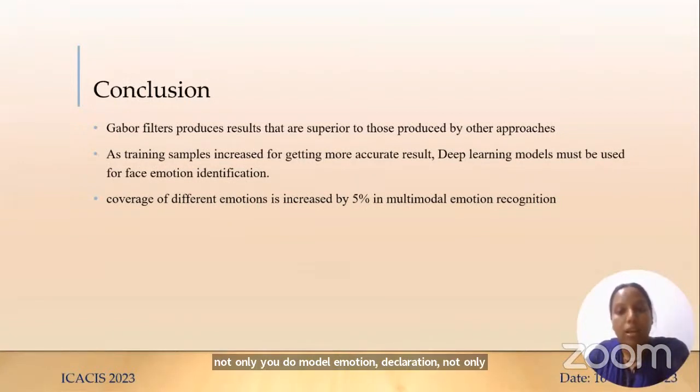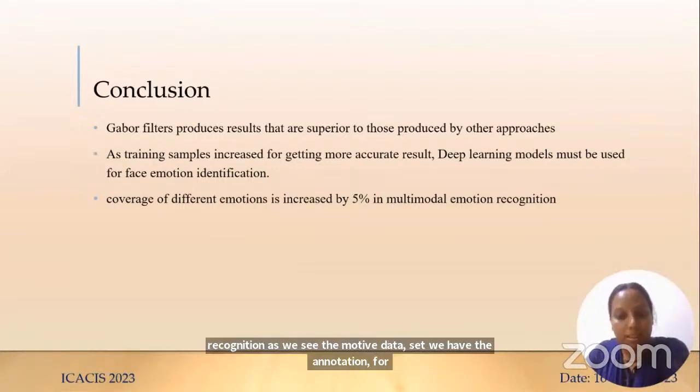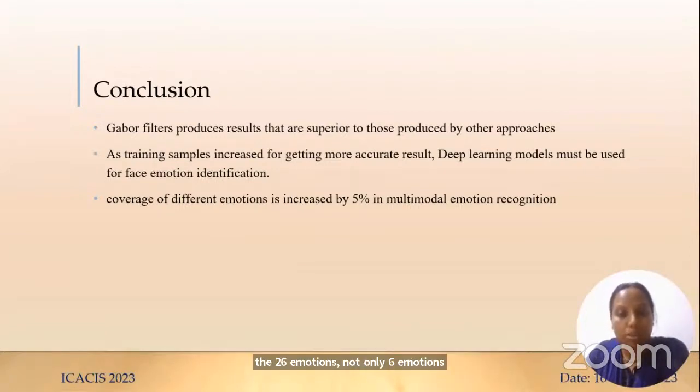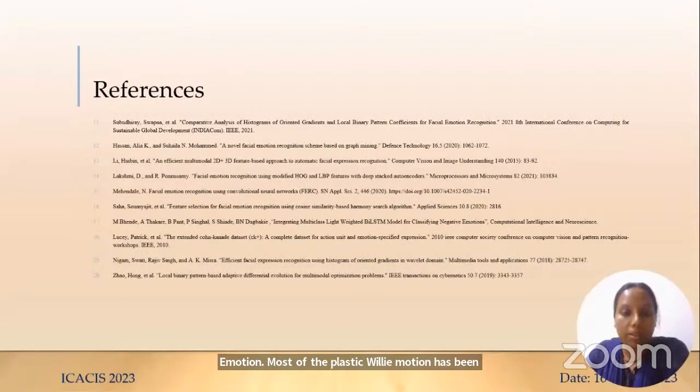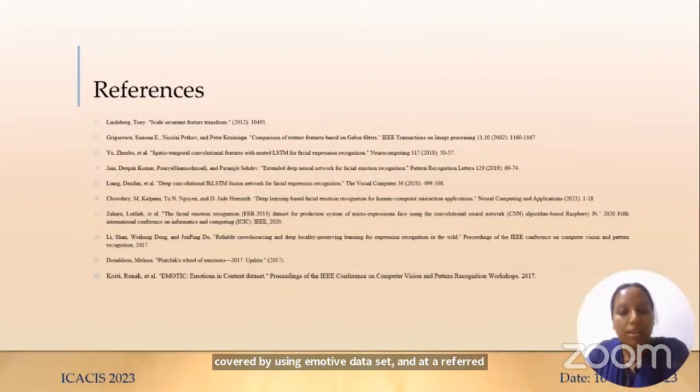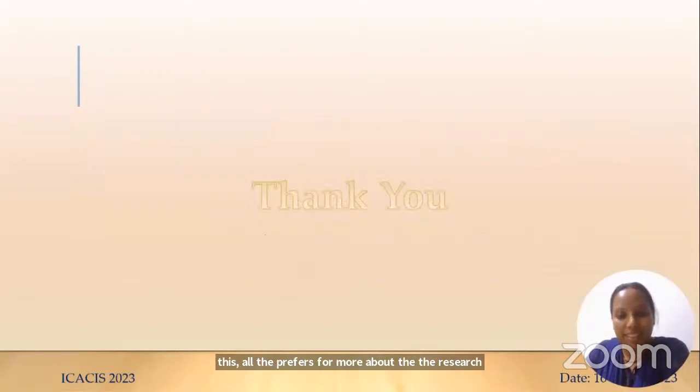As we see in the Emotic dataset, we have annotation for 26 emotions, not only 6 emotions. Most of the possible emotions are covered by using the Emotic dataset. And I have referred to all these papers to know about the research that is underway. And lastly,